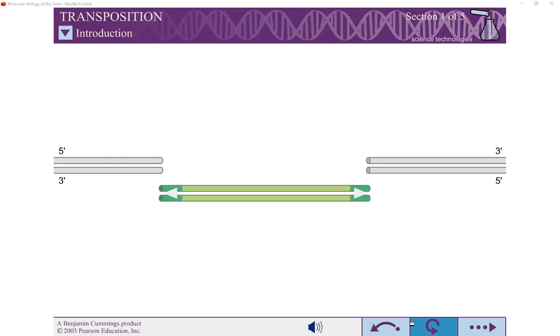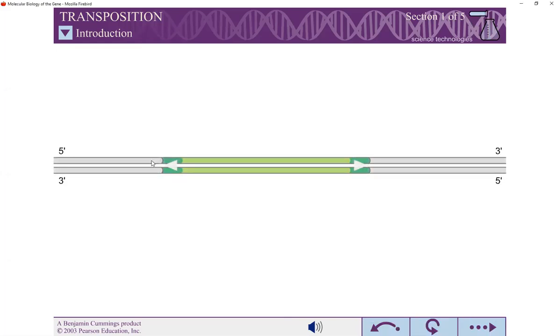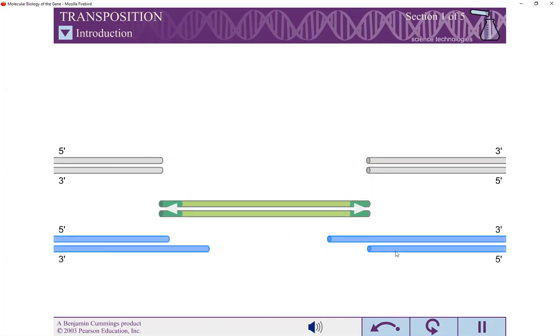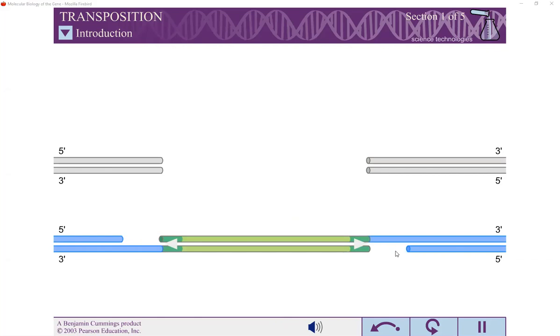Okay, so now we are going to start this particular process of transposition. Now, the computer audio is audible or not, just inform me in the form of a message. Transposition is a form of genetic recombination that moves defined genetic elements, called transposable elements or transposons, from one DNA site to another. Transposition of DNA sequences can occur by either of two mechanisms: cut and paste transposition or replicative transposition.